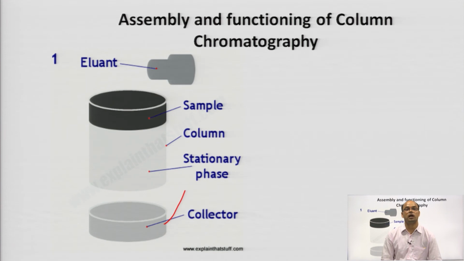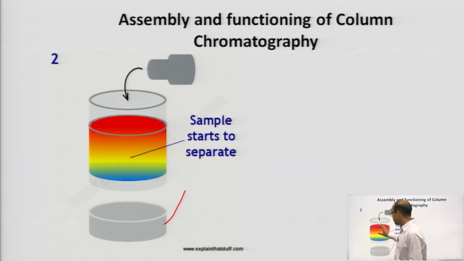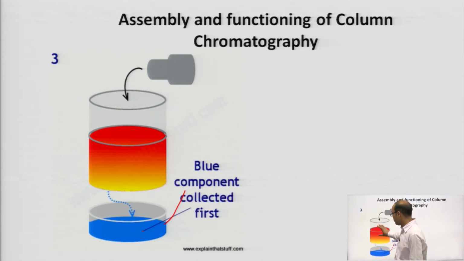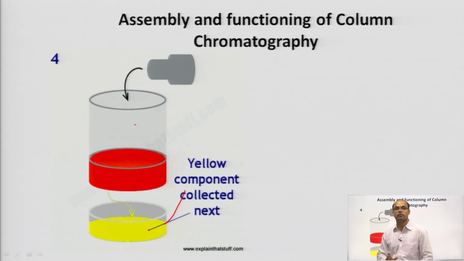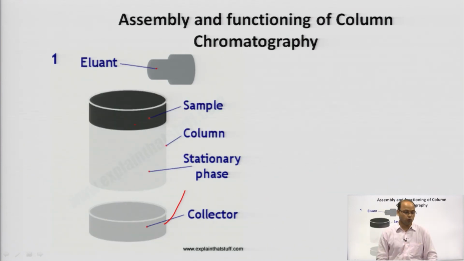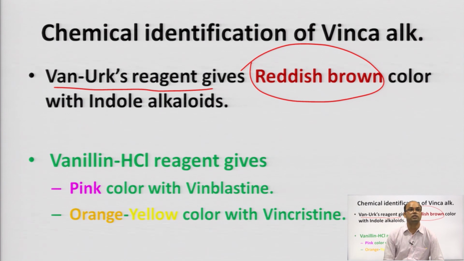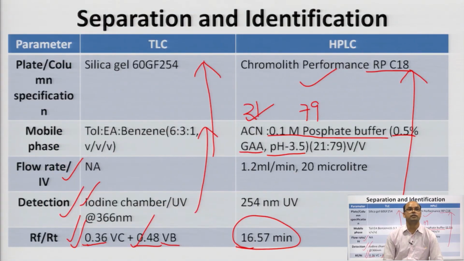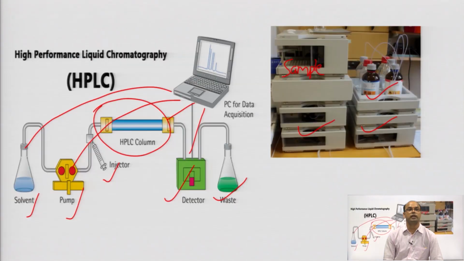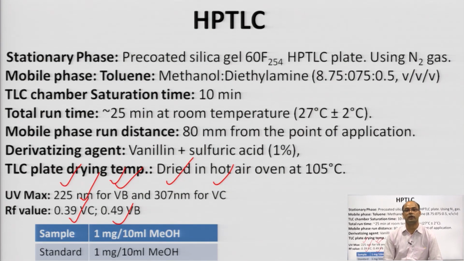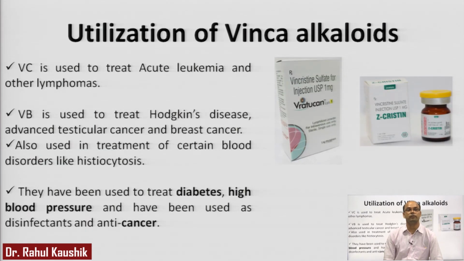And here you can see the assembly and functioning of column chromatography. Here you can see that a mixture came into this packing of the column, and on the basis of their polarity, on the basis of their affinity toward the stationary phase, the phytoconstituents are moving downward. So in this way you can carry out column chromatography of any sample. This is the basic technique from which you can isolate your phytoconstituent Vinca alkaloid from the raw material, and you can estimate your drug in the